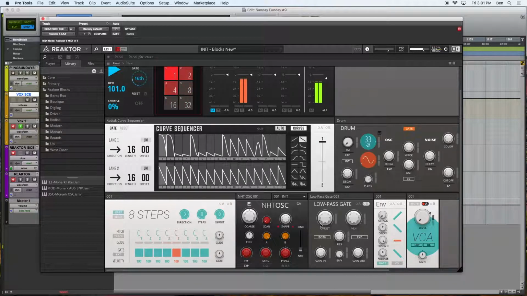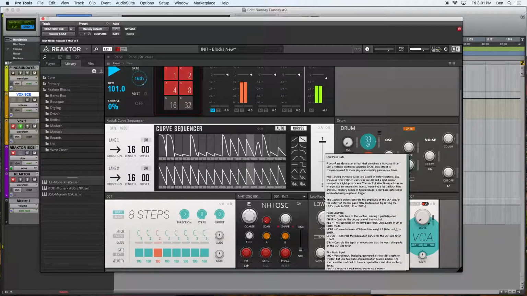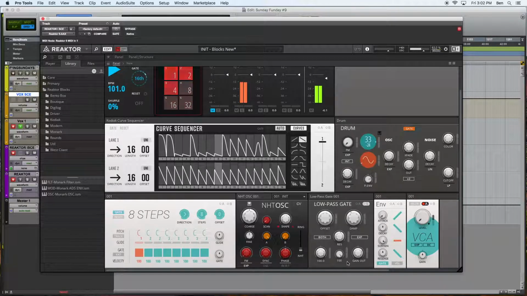So let's try and figure out what this does. Not really sure. You might want to just go with a regular filter on this thing. Let's see. It combines a low-pass filter with a voltage-controlled amp. The effect is frequently used to make physical-sounding percussive tones. The gain in, let's see, LP, both. That's very interesting. Its effect is so minor. Yeah, the effect is so minor